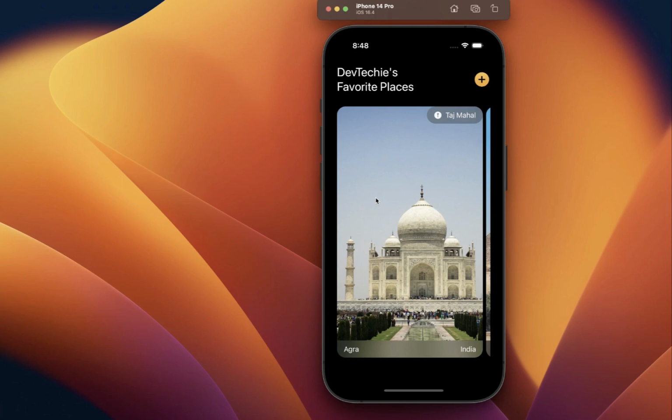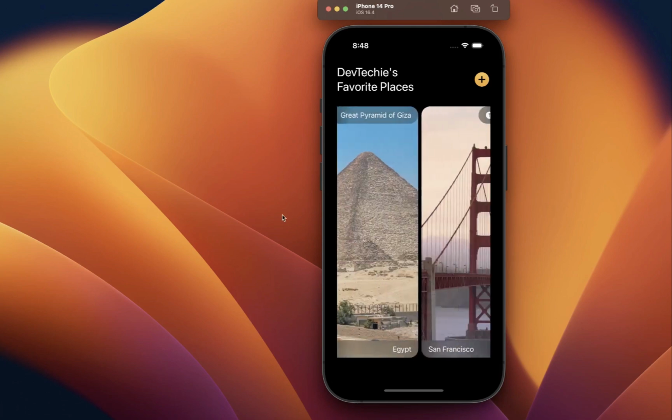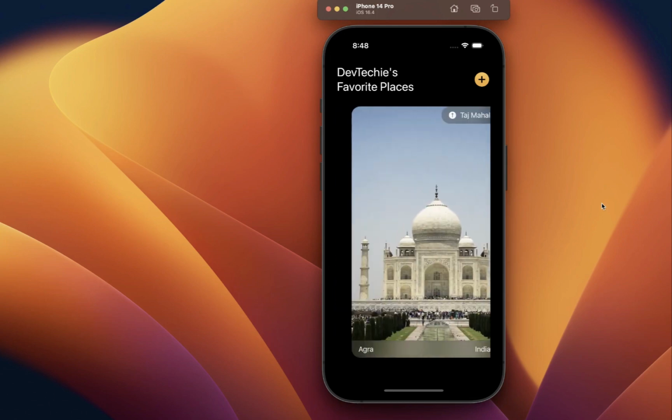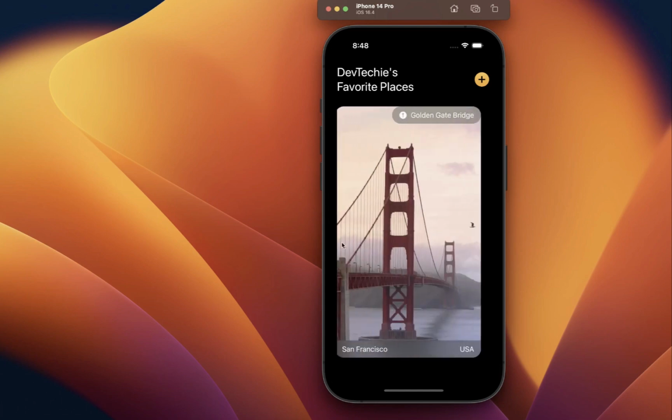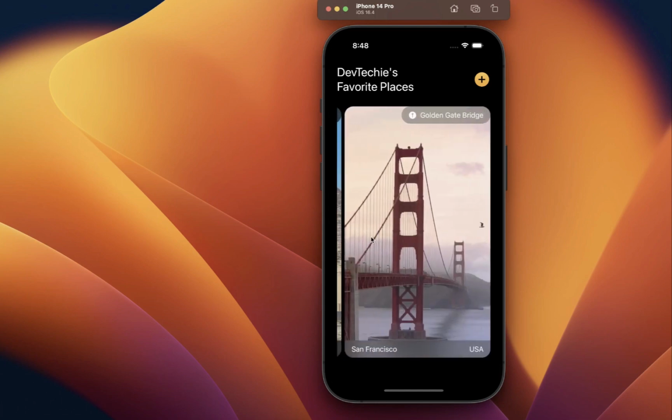what we're going to be building. So we're going to have the main home screen, and this app has only two screens, or if you count the add places button, then in total three screens. But the add new place button is actually a sheet, so I'm not going to call it a full view. Okay, so we have the main view, which is the list view, which lists out all